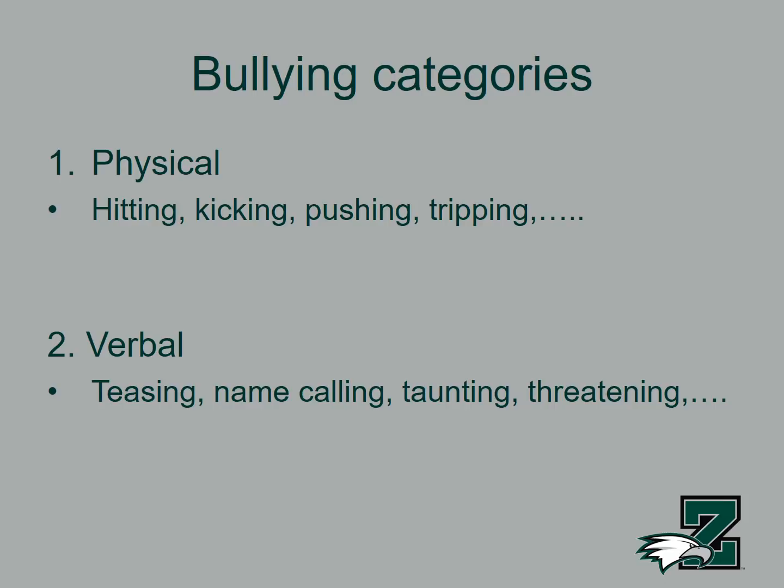The second category is verbal. As the category implies, this is when one student uses their words to hit all three prongs on the bullying definition by threatening or name-calling. Sometimes the verbal issues are direct, and sometimes they are indirect, in that the bully uses their words to harm the mental health of the victim by repeatedly saying things in their direction that make them feel uncomfortable and causes a significant disruption for them at school.